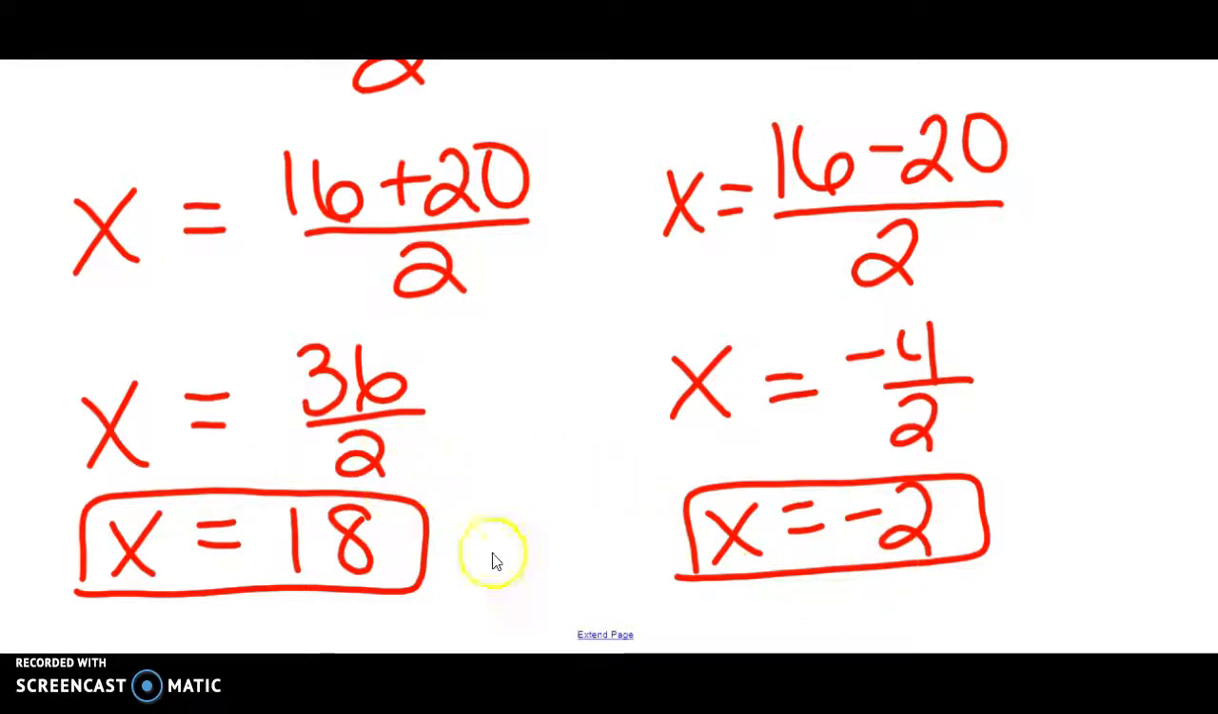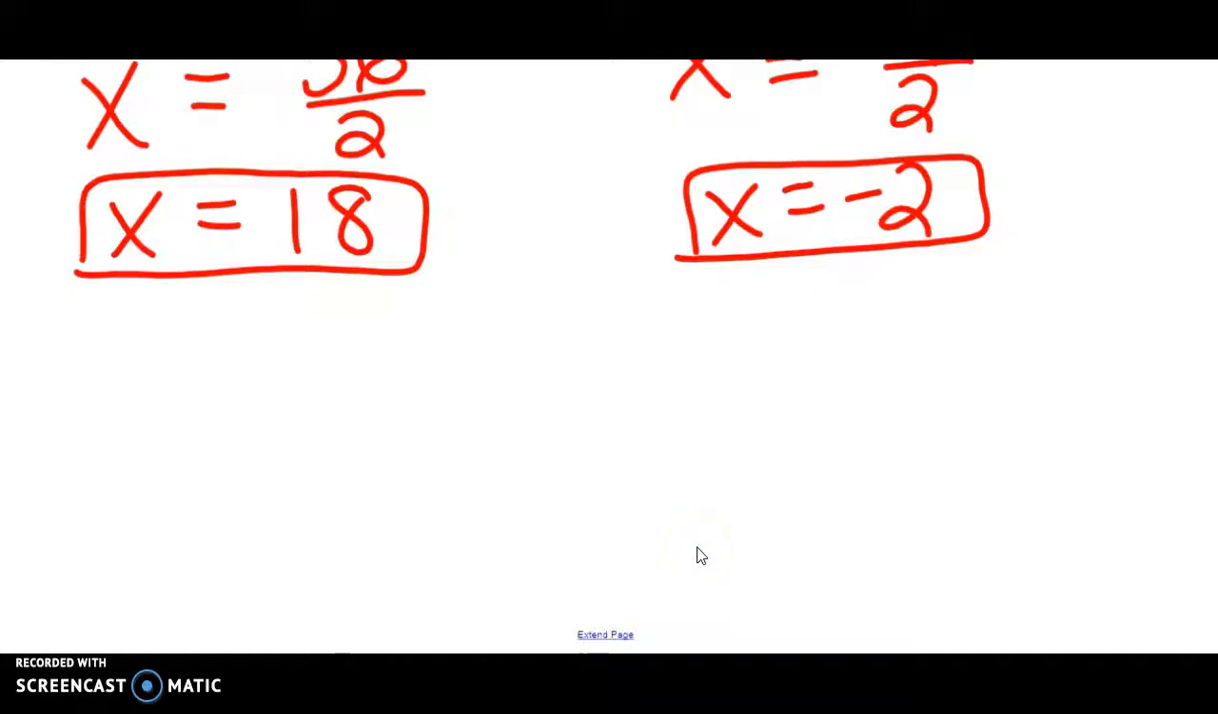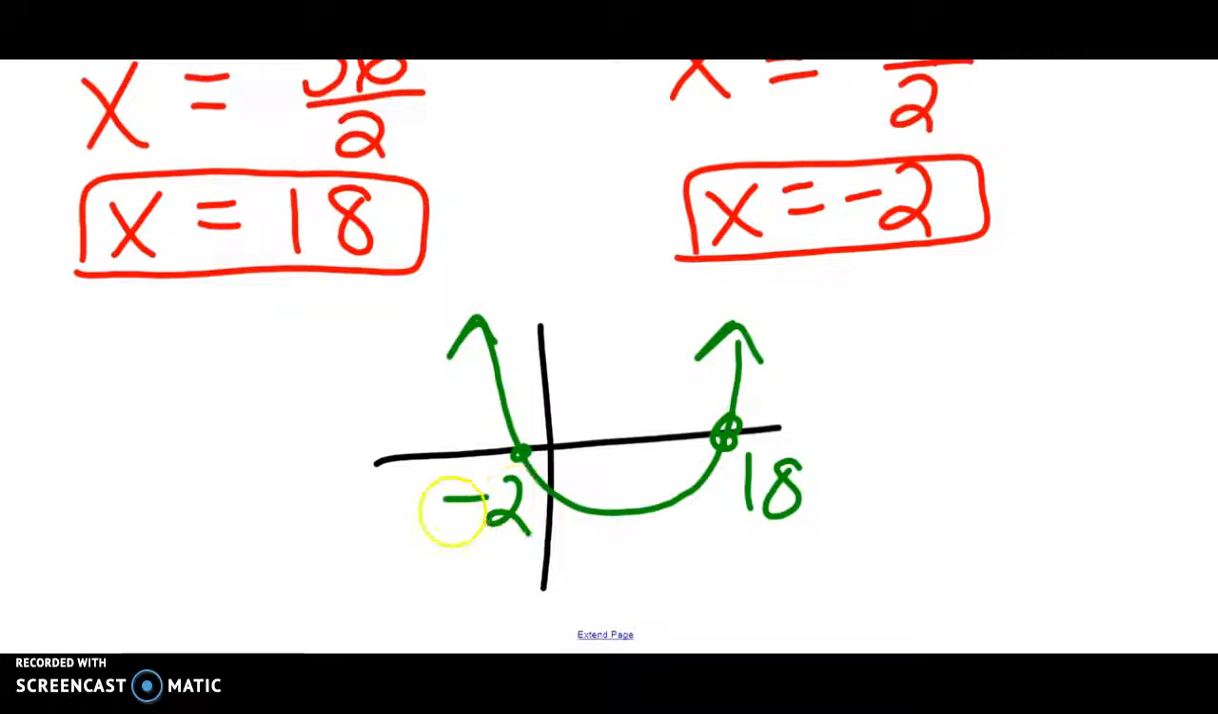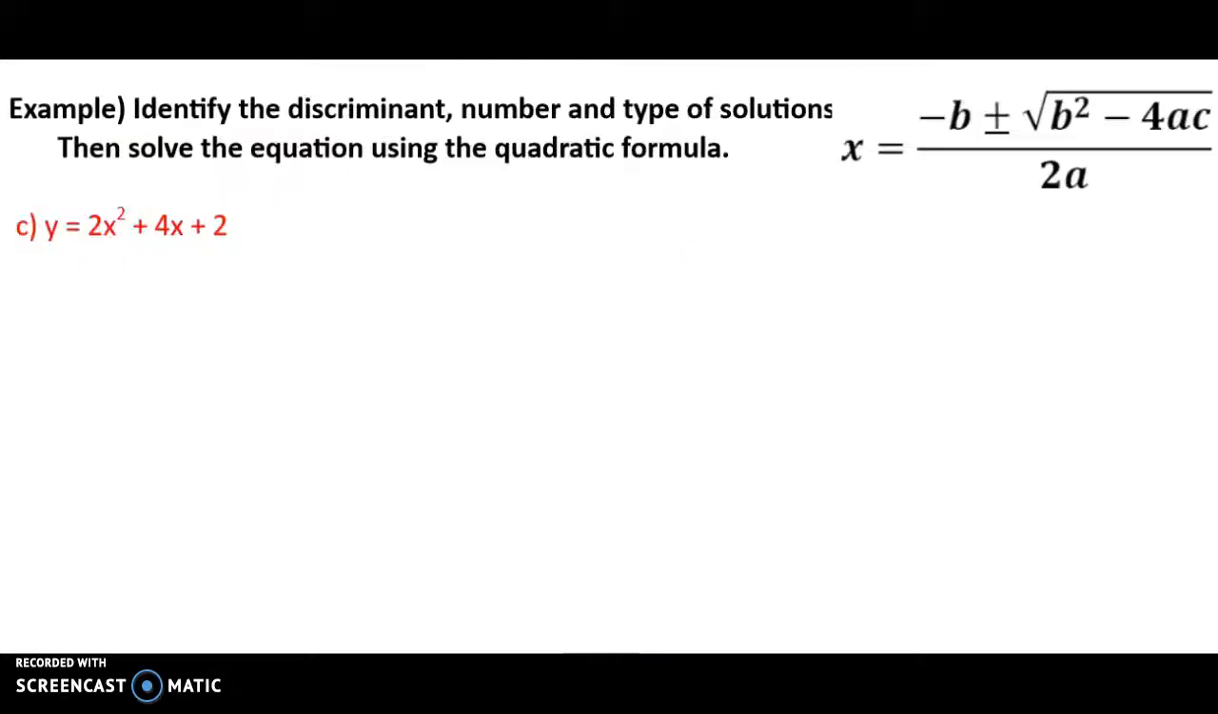So this means that this parabola crosses the x-axis way over here at 18 and at negative 2. So it would look something like that. Don't know how far down it goes or how wide or narrow it is, but it definitely crosses at negative 2 and 18. Okay, we'll go ahead and do example C, assuming that this is equal to 0, so we